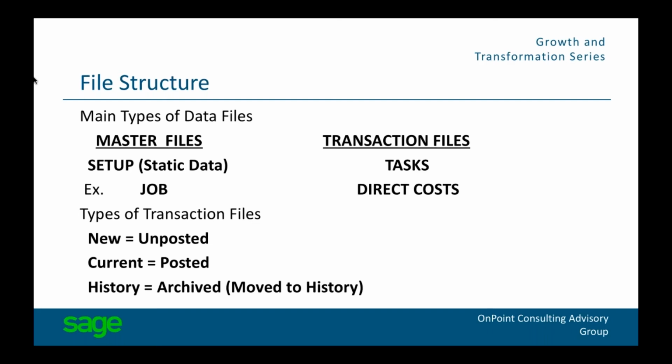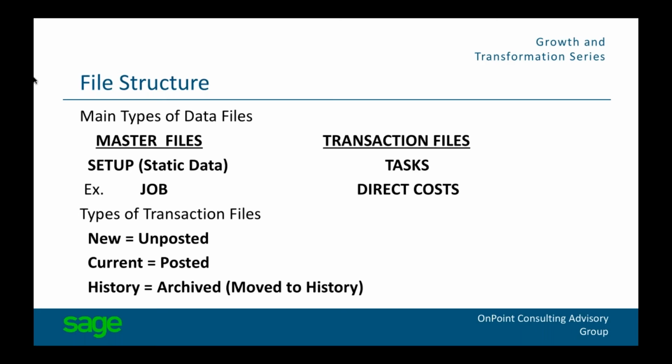One thing that does is speed up any kind of reports. So when you run a report on a transaction file, it has to go look through everything that's in that file you chose, like the current file. And if you have things in there for 20 years and keep building, it's going to take a long time. So, on at least a yearly basis, we move from current to history, and moving anything out, say that's